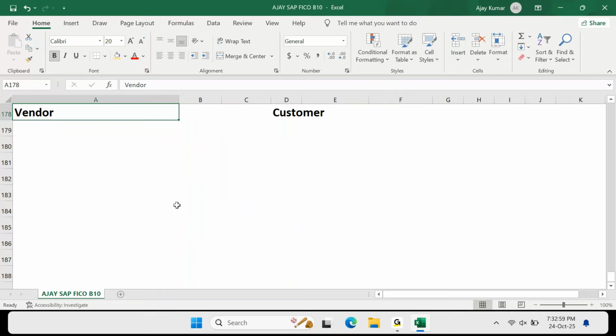Okay, now when you talk about vendor, you need to think that yes, I am talking about vendor to a client who is not currently working on SAP, but they are using some other application, right? Now here, what we need to do, we need to ask your client, how many vendors do you have currently? Then your client will tell, okay, we have around 3 vendors, 4 vendors, 5, 10 vendors, or the client will tell a big number.